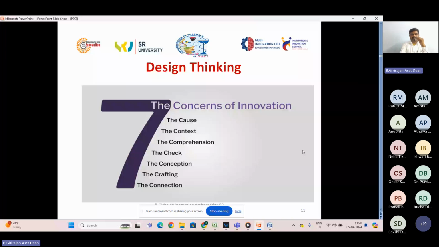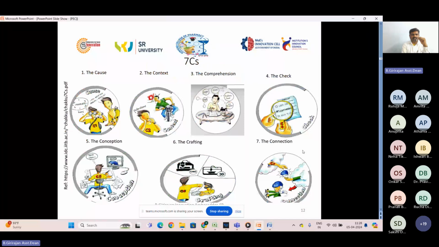So the first C is the cause. You're searching for the problems. I mean, you are going for a survey, or identifying some problems and finding out why we are going to design this, what we are going to design, for whom we are going to design, and how we are going to design. Those start from the cause only.